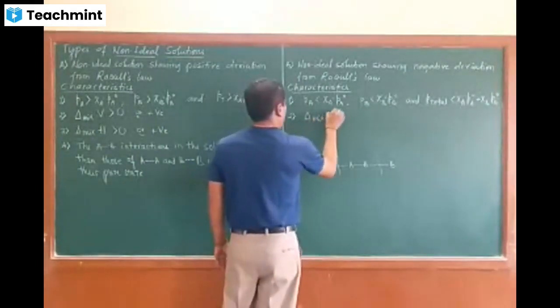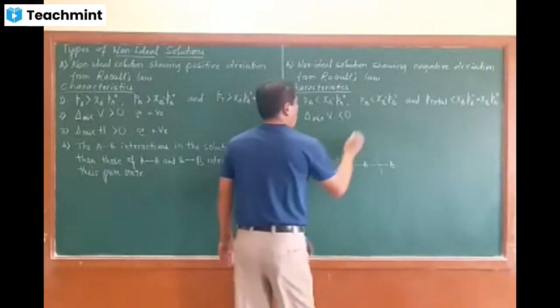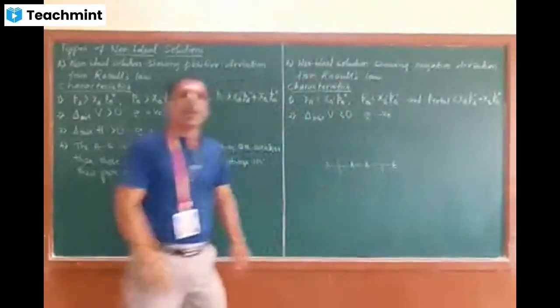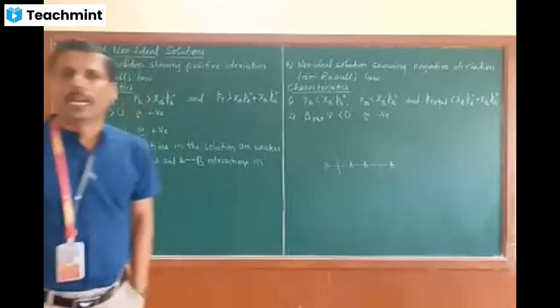Delta mix V is less than 0, or negative. Delta V mix is negative. Similarly,